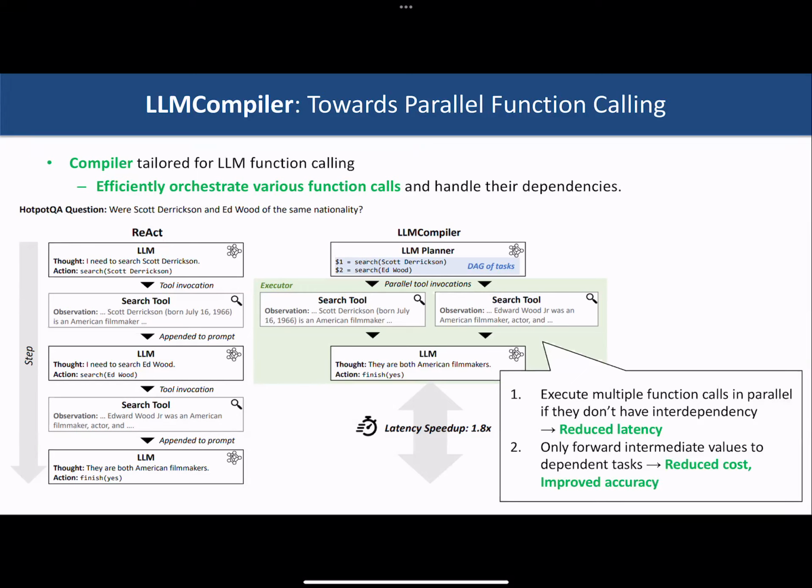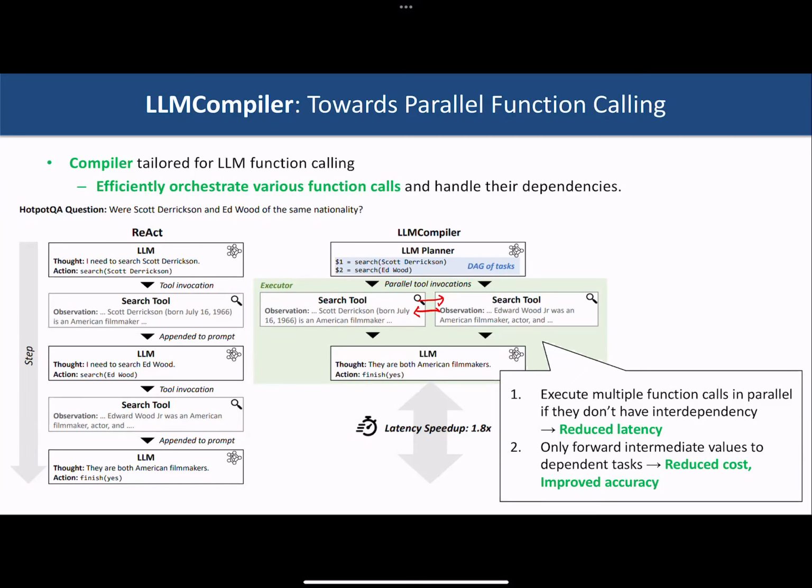Obviously, you can reduce the latency because those search tools do not have to wait for each other's execution. But also in terms of cost, we will save a lot of cost because we will save unnecessary LLM calls for individual reason and action steps that are required within the React framework. And also in terms of accuracy, right? These search tools will not impact each other, and their outputs will not interfere with each other. So this can potentially lead us to more correct behavior and then better accuracy potentially.